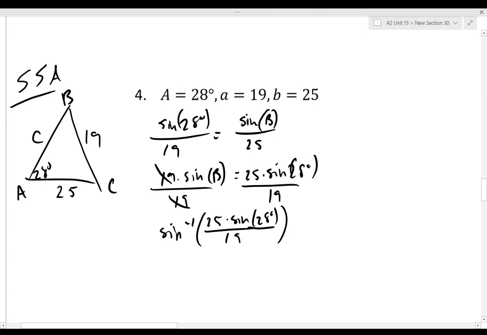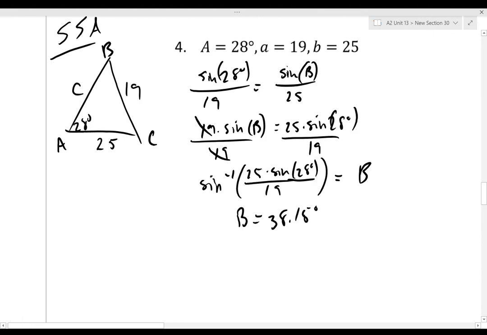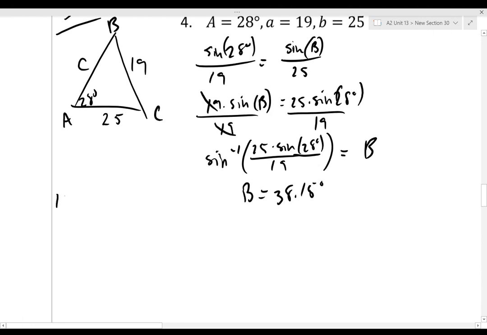Okay. Be careful once again when you do this in the calculator. So I'll do 25 sine 28, hit enter, divide that by 19, hit enter. Then I'll do second sine, second answer. Avoids the rounding, so I ended up with B being 38.15 degrees. Now, because there's a side-side angle situation, I need to check the other possible value for angle B,